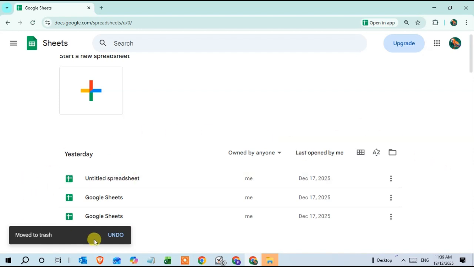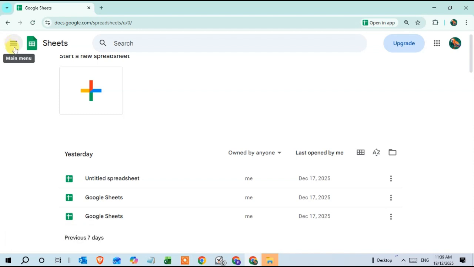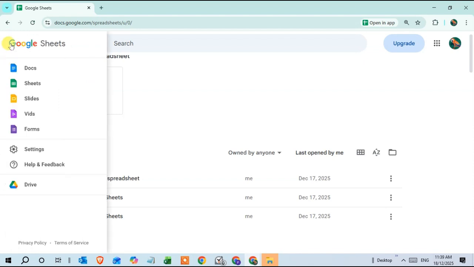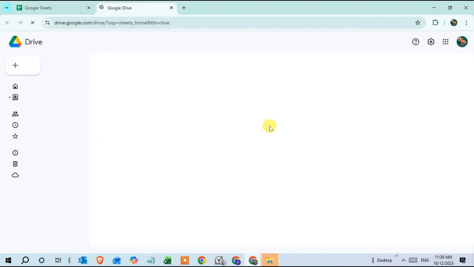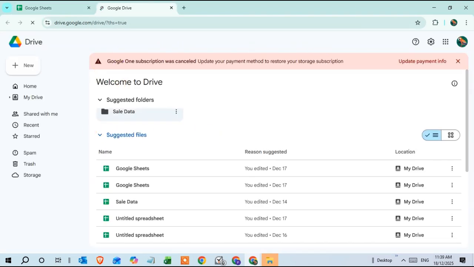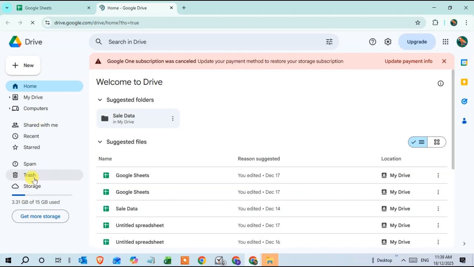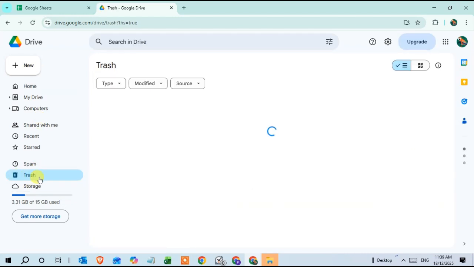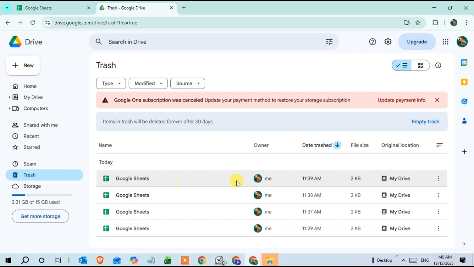To delete your Google Sheet permanently, just click on the three lines on the left hand side, the main menu, and here click on Drive, and here your Google Drive opens. Then on the left hand side, just click on the Trash option, the second last option, and you can see here the first